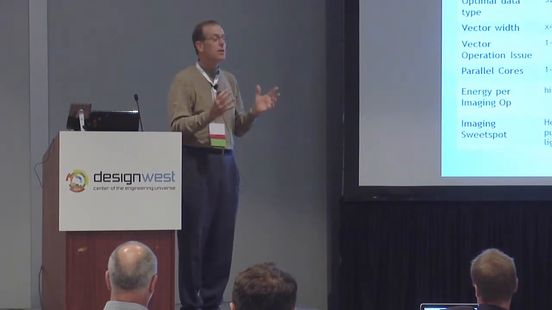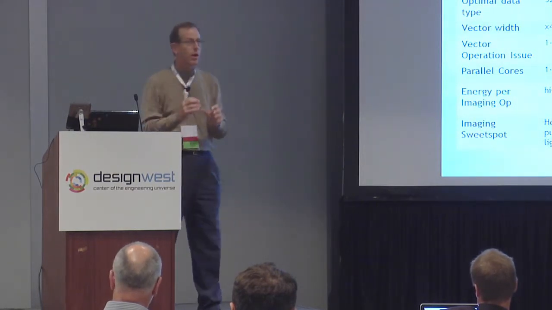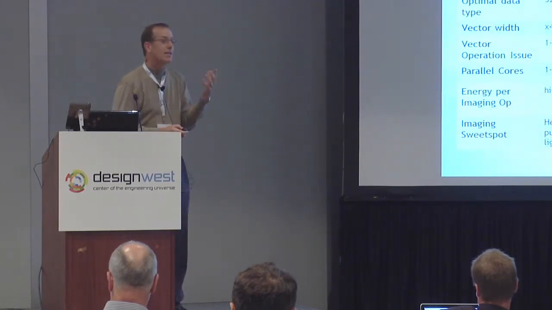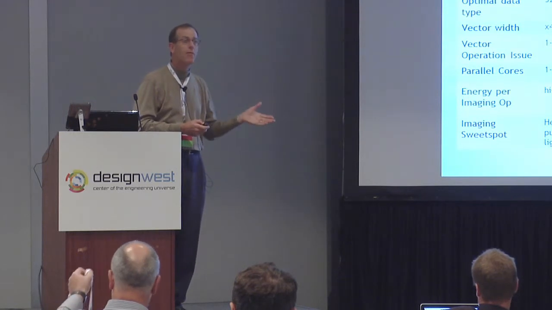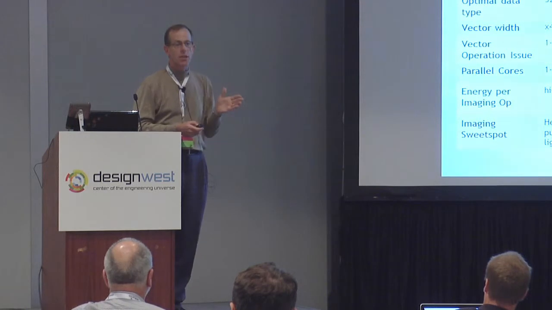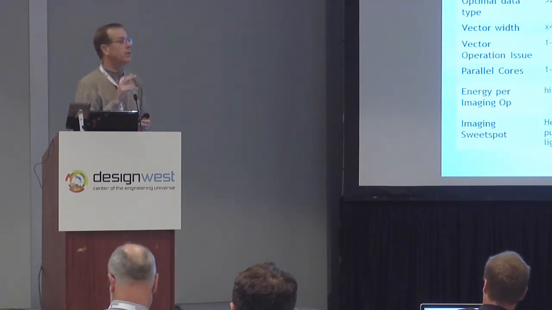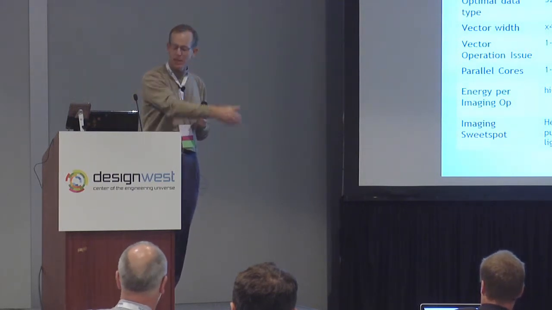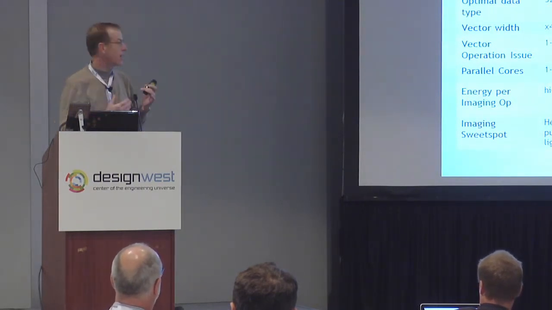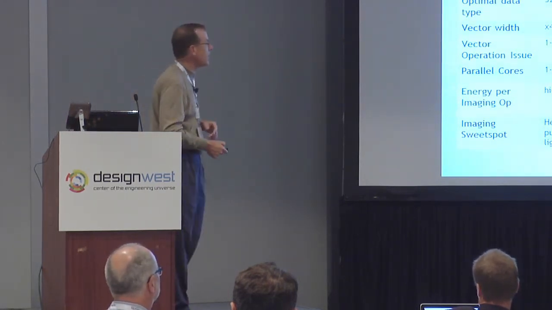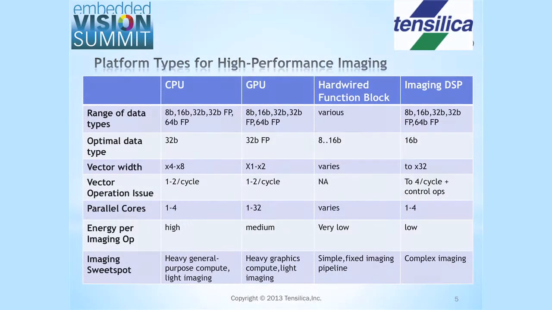It really means, for the most part, having to get down and dirty and working out in gory detail the fixed function that's involved. And it has the significant disadvantage in most platforms that in order to change the algorithm, you're going to have to change the logic, which translates for high volume into silicon spin. So the time to map a new algorithm is measured in typically years rather than the minutes that you'd like to have. And so the imaging DSP plays a role within this spectrum, providing typically a wide variety of data